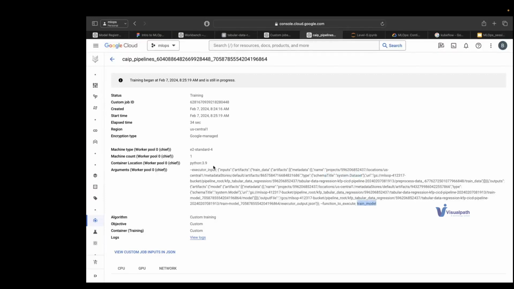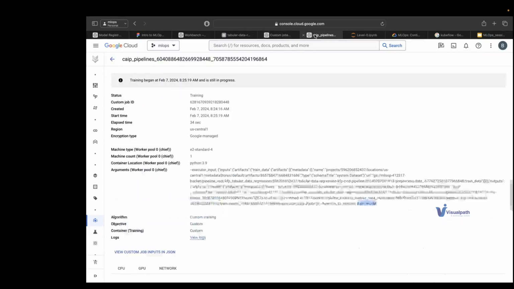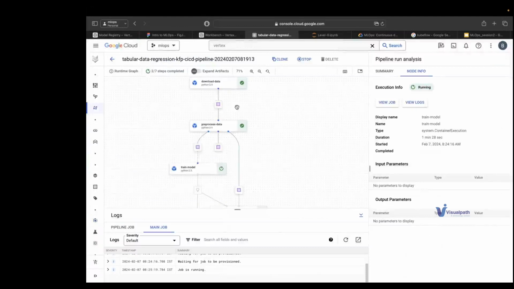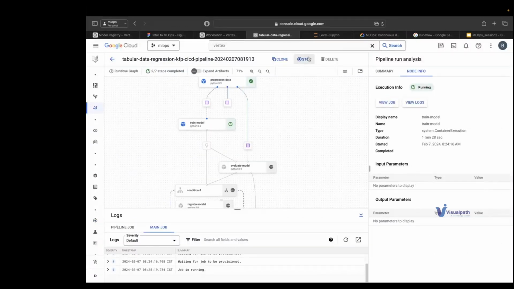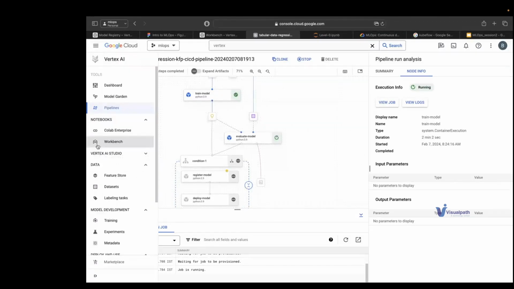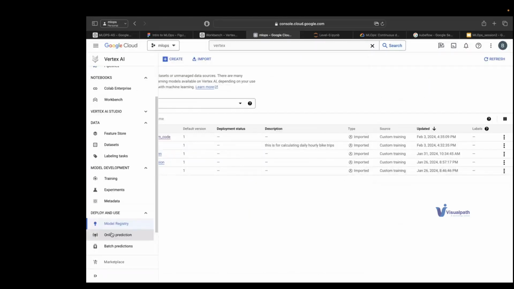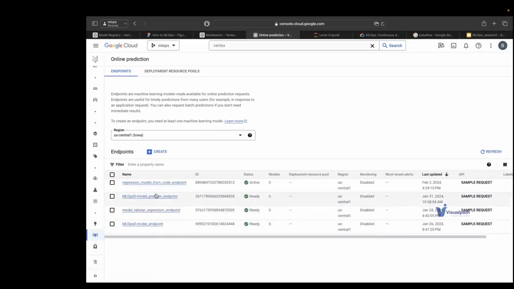Hopefully this is looking interesting to you and you have all the required attention here. Now we'll stop this pipeline, because I don't want it to evaluate and deploy the model since it will cost some money. But that's not a problem. If you want to see, there are already some deployments done. If you see the model registry, we have registered the model, so many things here. And there's the online prediction. We have created some endpoints here. What this will do is create a new endpoint.